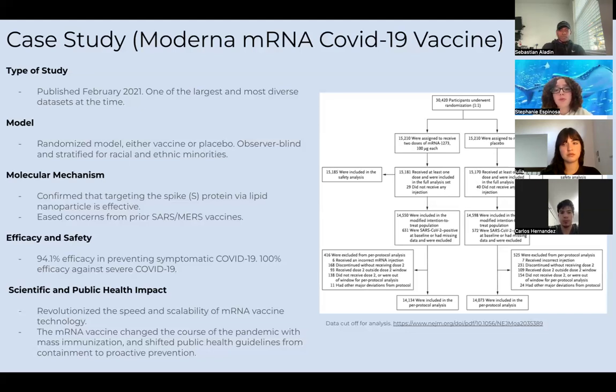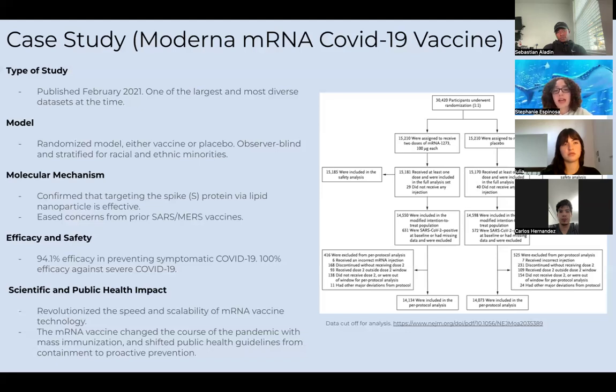This type of immune response is favored over the Th2 skewed immune responses that have been linked to vaccine-associated enhanced respiratory disease. No cases of this were observed with the Moderna mRNA vaccine from this study, which eased a lot of worry about prior vaccinations that were created for previous SARS outbreaks. The results of this study also suggest that early immune priming can actually reduce viral load and lessen severe outcomes